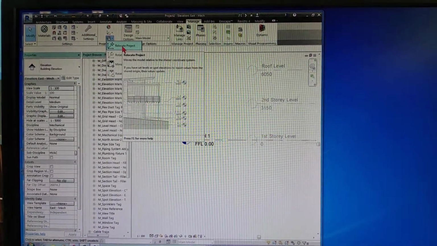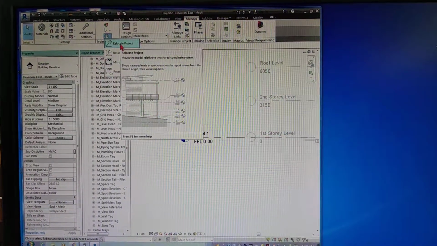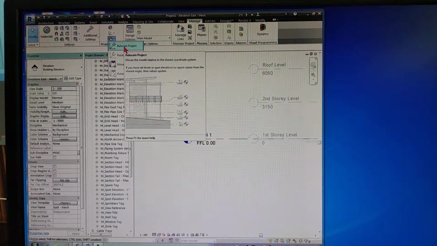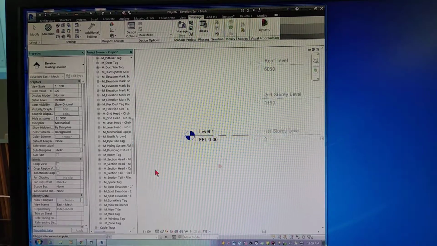Remember, what we changed is only to display in meter, but the project units are still in millimeters. Don't get confused. So I'll go to relocate project. Pick a point anywhere. No need to be